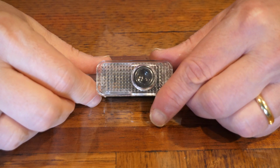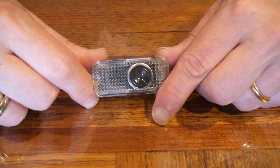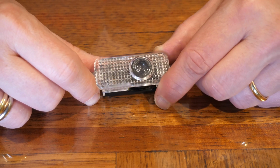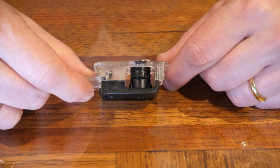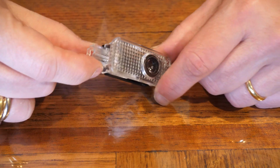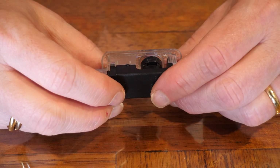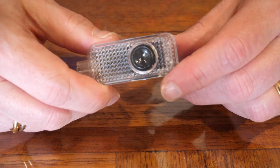So I thought it might be interesting to have a look inside one of these laser puddle lights. They're not laser at all, by the way, they're just LED with a lens, but this is one of the ones that came out of my Audi, the broken one. So it's got a simple 2-prong plug at the end, which goes into your existing connector, and then this